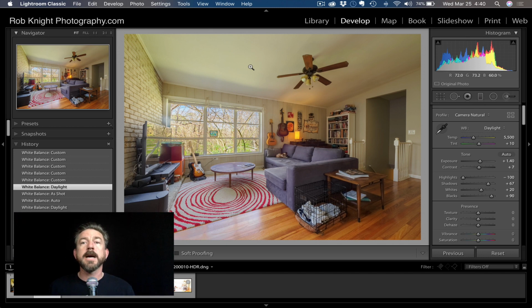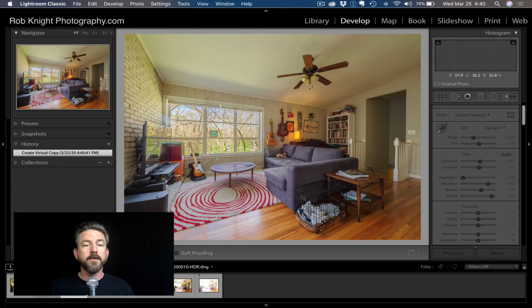So you're not going to copy the file. You're not making another copy of the original. You're not harming the original. And it's a really great way to work with different versions of the same file. So what we're going to do in this case, I have already made this particular file with a daylight white balance. Okay, so I'm going to go in and hold the Command or Control on the PC key and hit